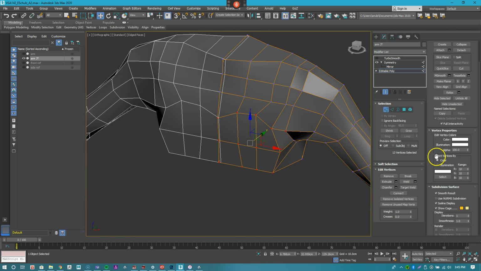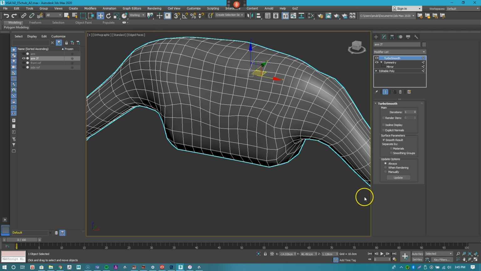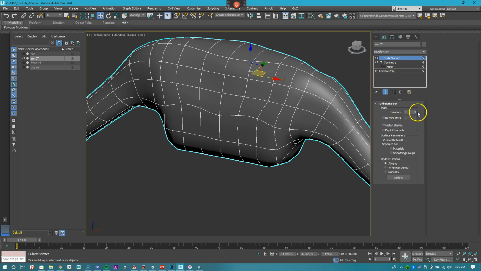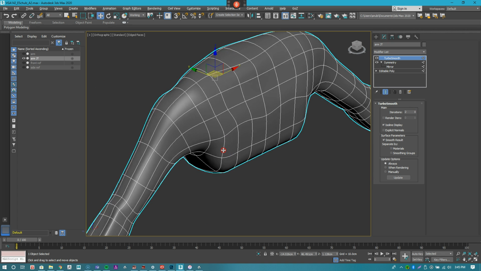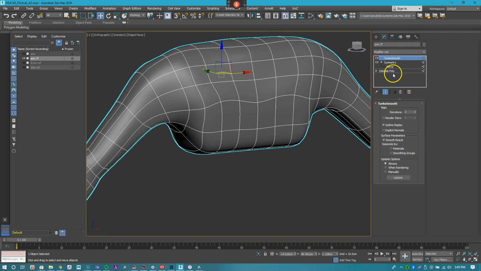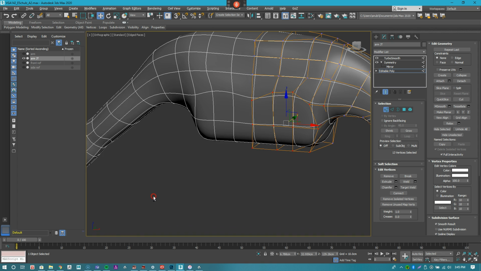right? Let me turn on the turbo smooth to see what we have. What I'm going to do is go to turbo smooth and turn off isoline display for now and change it to number 2, so that way you get something smoother, right? And now go back and work on the poly, right? Anyways, I don't want to make this too long. I think already